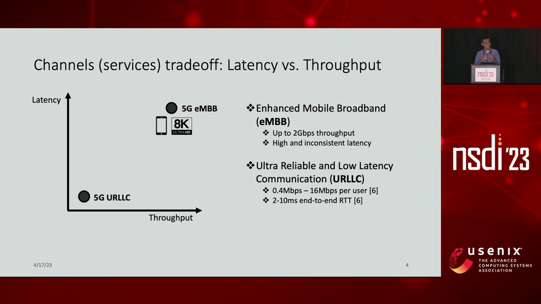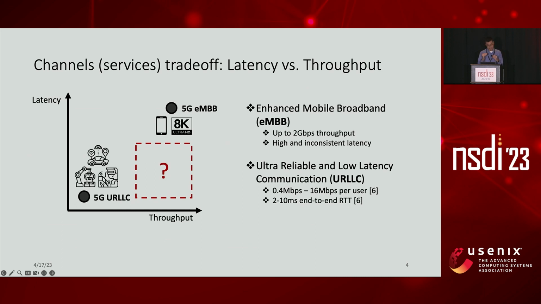However, 5G also gives you a different channel, specifically for achieving consistent low latencies, called URLLC. This channel sacrifices bandwidth to get consistent low latencies. Specifically, URLLC is designed to support mission-critical applications that require very low latencies but have very low bandwidth requirements, such as remote surgery or factory automation. But there are many applications that sit in the region where they require low latencies, but also at least a moderate amount of bandwidth.